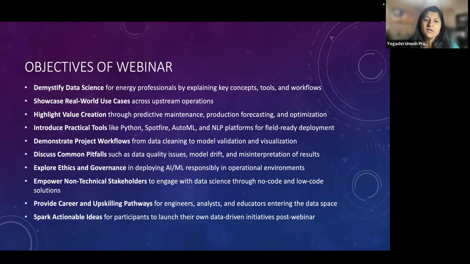So there's quite a few objectives that I'd like to accomplish in this webinar. I really hope that you guys have a ton of ideas when discussing data science in your workflows in your daily oil and gas jobs. I'm assuming everybody has an oil and gas background, or for those that don't, you have some interest in oil and gas and in having some data science fluency or data science application in oil and gas.